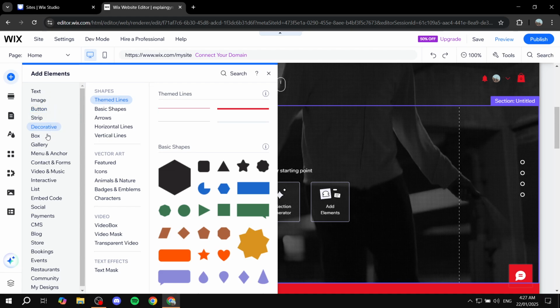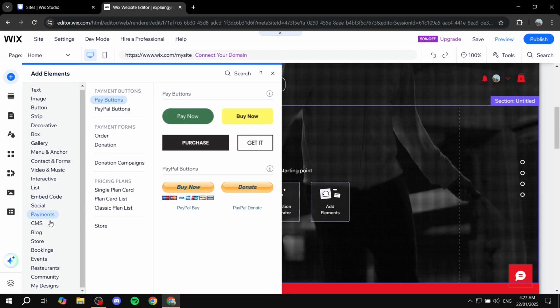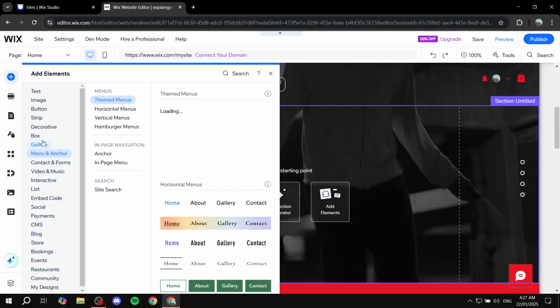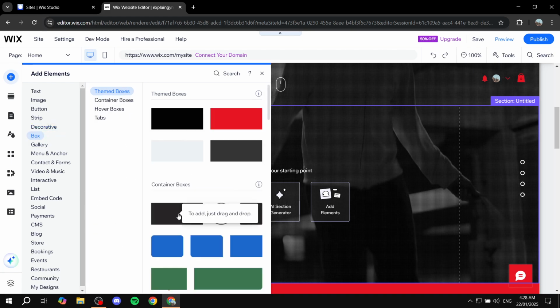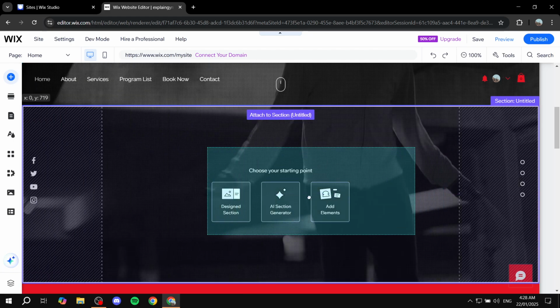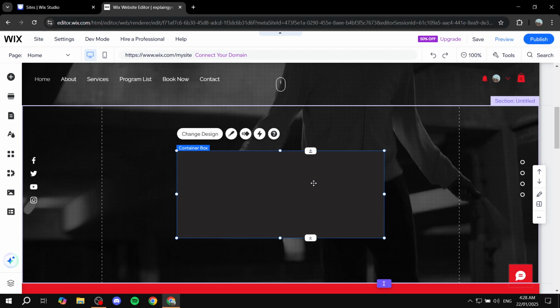And then you can just add anything that you want. So you can add images, buttons, videos, menus, really anything that you want that you can actually find in here, you can feel free to add. So you can add really anything. And in this case, let's just add this one. And to add something, you can just click on it or drag and drop. So once you drag and drop, you can just let go and change the size for it and everything,